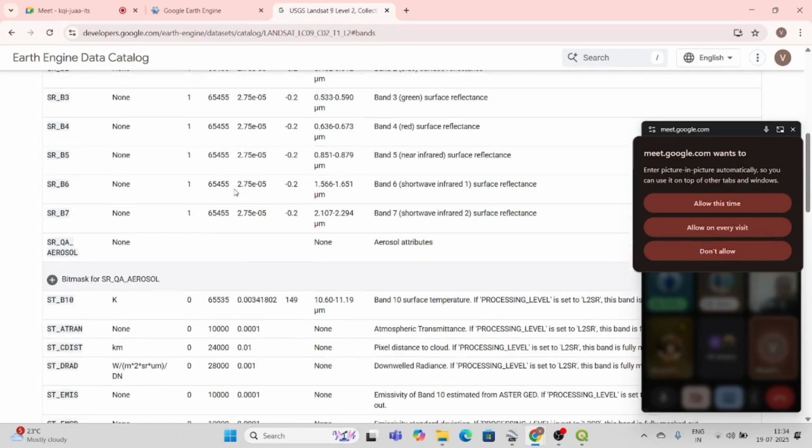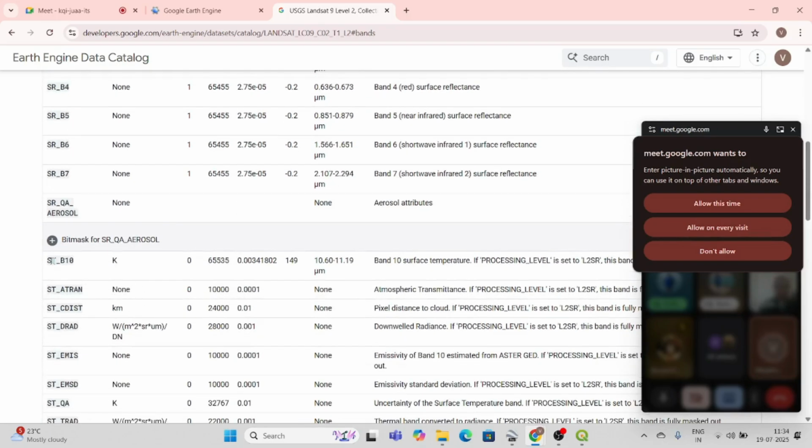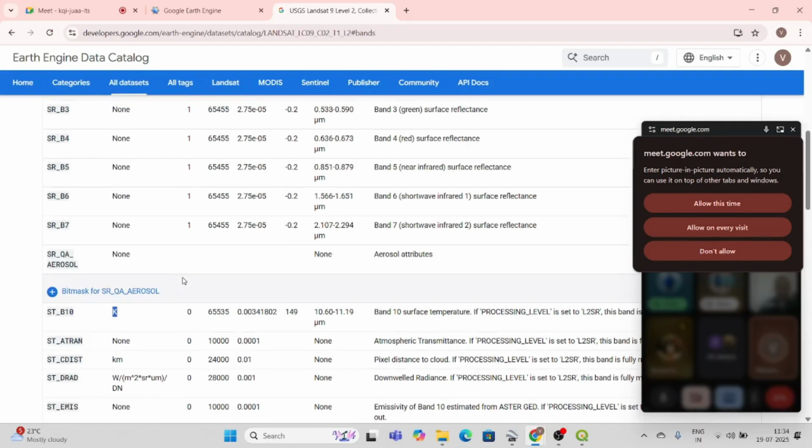So I'm shifting here. Okay, you can see band 10. Band 10 is in the unit of Kelvin. Okay, so band 10 I used to convert into Kelvin, and after that I converted the Kelvin into Celsius. So this is one part. I just want to show you guys.